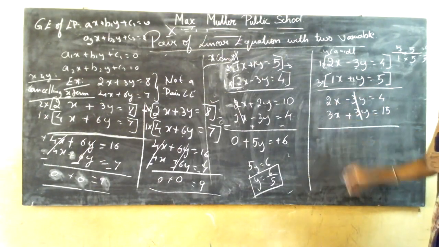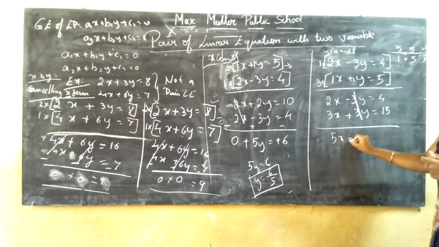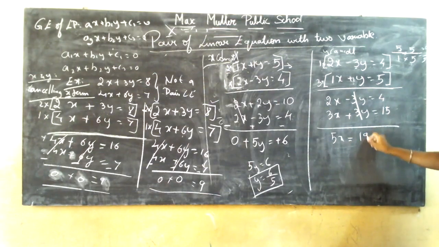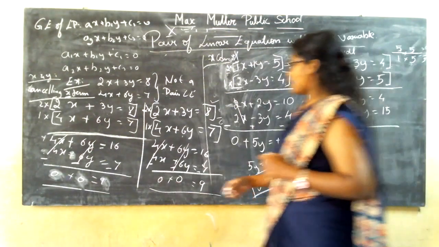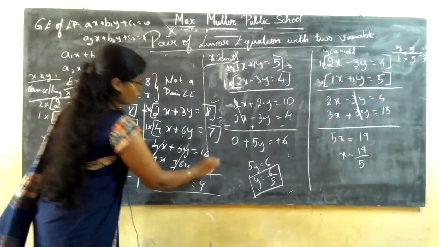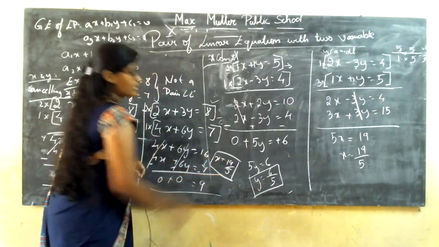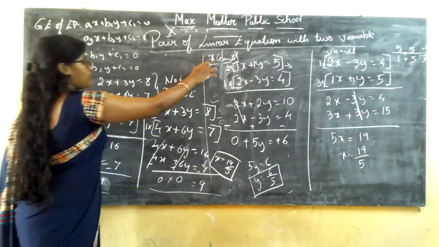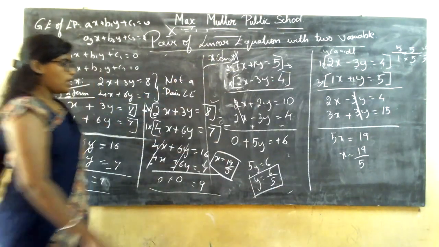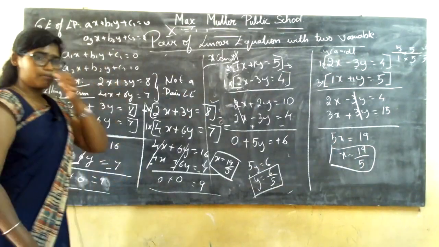So it is 2 plus 3 is 5x is equal to 4 plus 15 is 19. So what is the value of x you get? You get 19 by 5. Initially when you cancelled x, what was the value of x you got? It is 19 by 5 itself. Correct? 19 by 5 was the value you got initially, when you cancelled the x term and proceeded with the terms. Here also you got the x term the same, that is 19 by 5 itself.